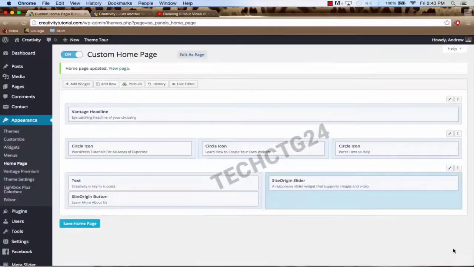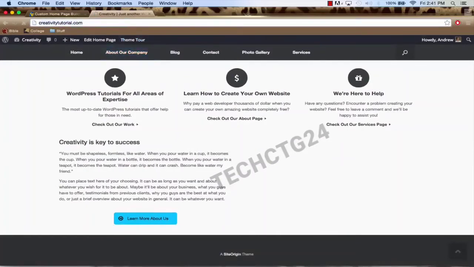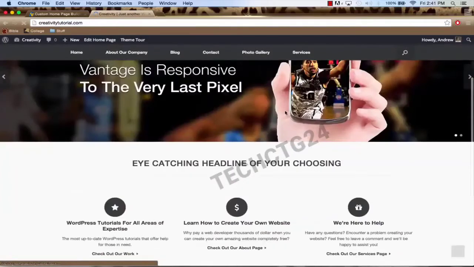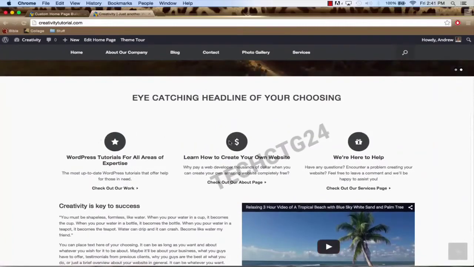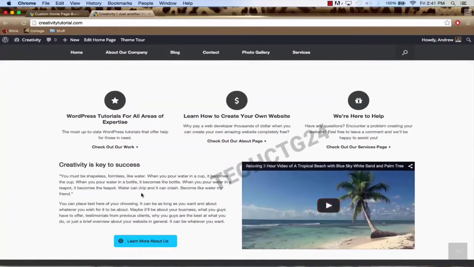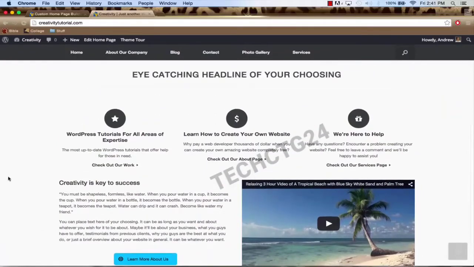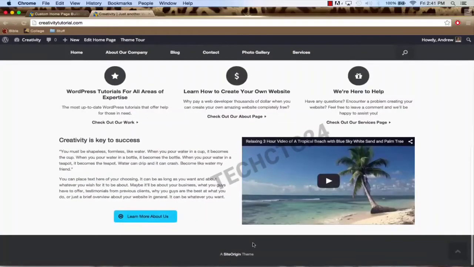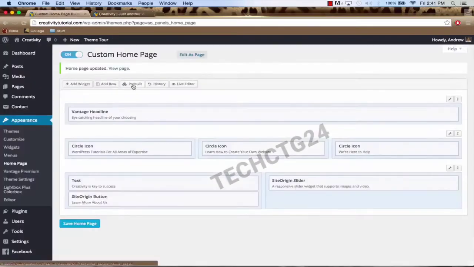So if we click Done, we click Save Home Page, and we go refresh our page that has no video now, but refresh it. You'll see that we now have a video. So we have our headline, we have our three icons, we have our video, we have our text, our button that we created, and now what we're going to do is we're going to get a border here that separates the call to action buttons from the video and this text, and we're also going to get the social media icons. So to get the border here, what we're going to do is we are going to go to